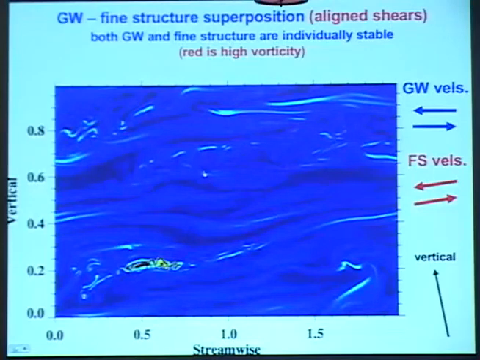What's interesting in the other series of runs that we've done with this code and for these types of forcings is that if I change the orientation of the fine structure relative to the parent gravity wave, if I simply turn the fine structure normal to the gravity wave, for example, this flow remains stable forever. So the fine structure has an enormous role on the evolution of the large scale flow as well as the small scale instability processes.